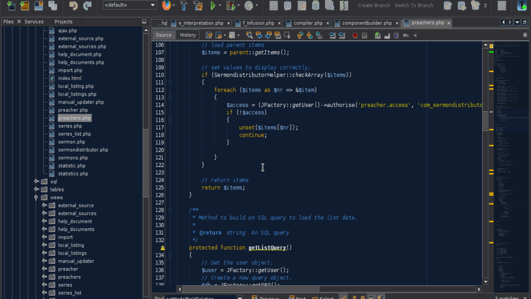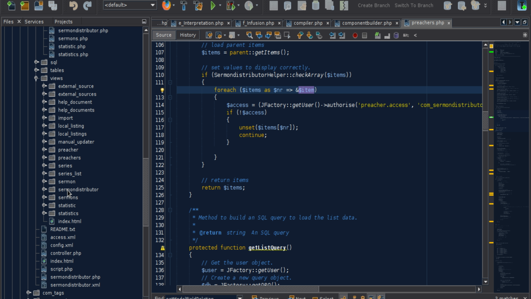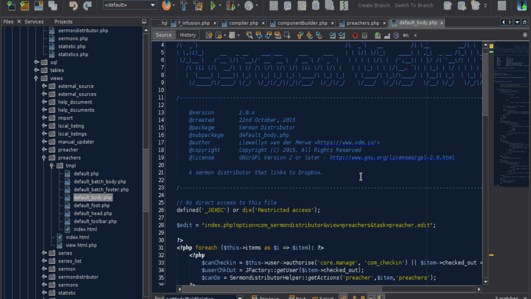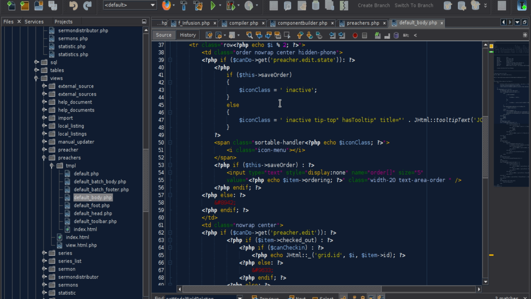Okay, so then if you want to work with the actual item where it's still just an integer or a string, and really that's all it is, then you would target the model. If you want to target the view, which in this case, if we go to preachers and then the body, you'll see that basically